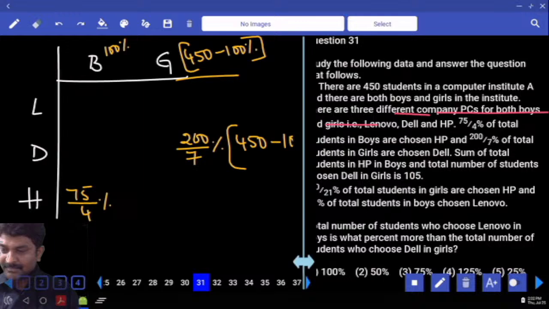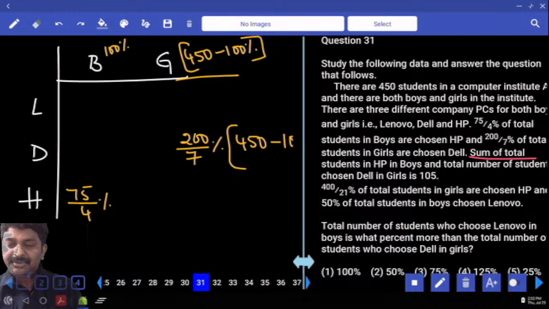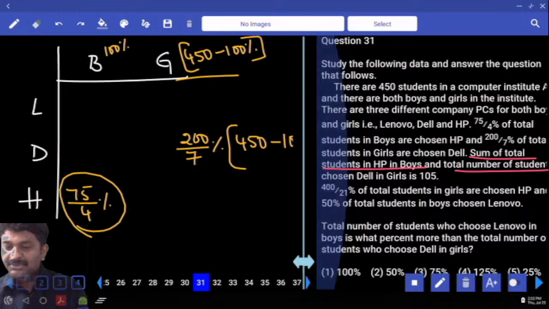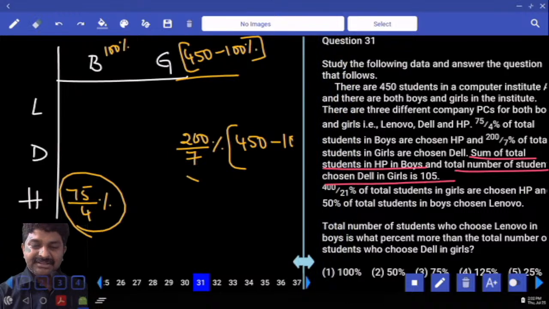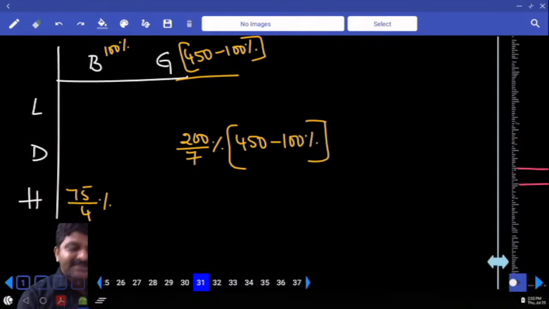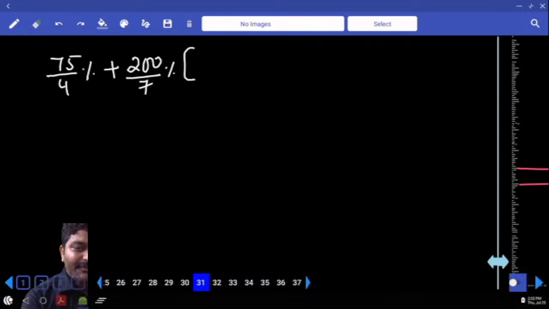Now, the sum of total number of students in HP in boys and total number of students chosen Dell in girls is equal to 105. Let me rewrite it: 75 by 4% plus 200 by 7 percentage of 450 minus 100%, which is equal to